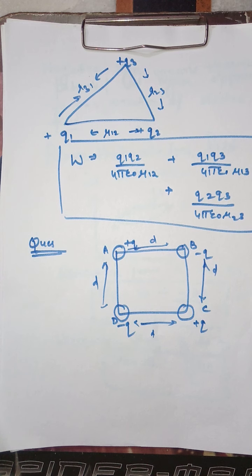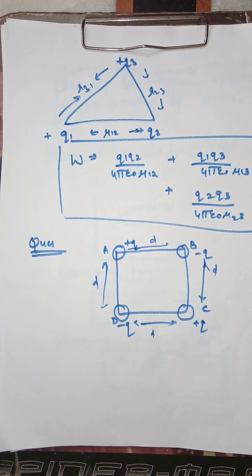Now this is the question which we need to solve. One thing I want to make clear is that we will consider the question step by step. First, I will consider the case that I have no charge, and I simply place a charge plus q at point A, which means I don't have point B, point C, and point D. The only thing I have is a plus q charge and I placed it at point A.